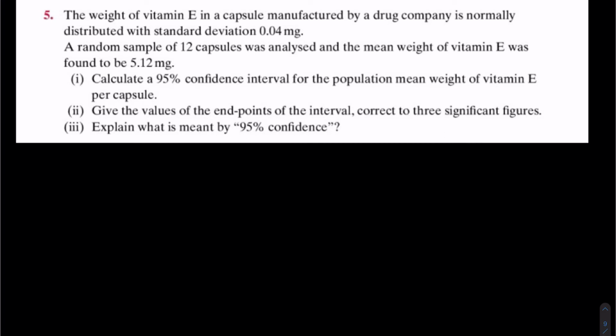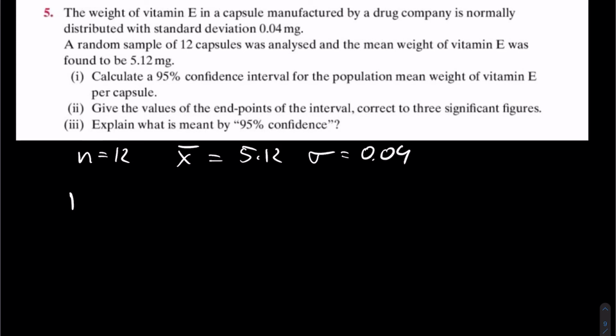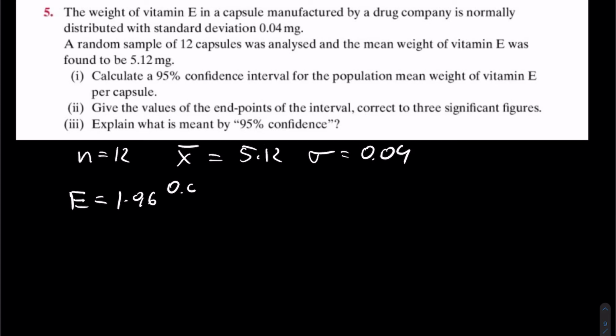So let's write down what we know about this problem. My n is equal to 12, my mean is equal to 5.12, and my sigma is equal to 0.04. So then the margin of error can be calculated to be equal to 1.96 multiplied by 0.04 divided by root 12, which is